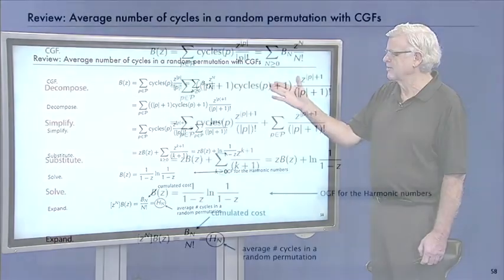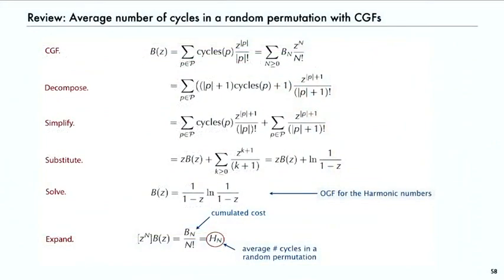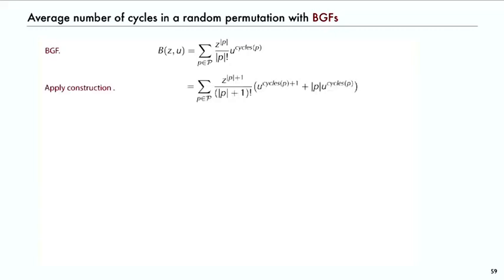We apply our construction and then simplify the sum to get down to the harmonic numbers. So let's do it with bivariate generating functions. So the bivariate generating function, it's z to the size over size factorial, u to the cost. So now our same construction,